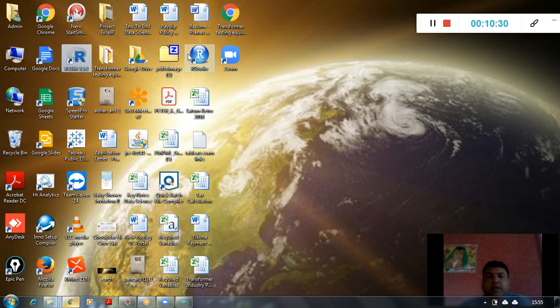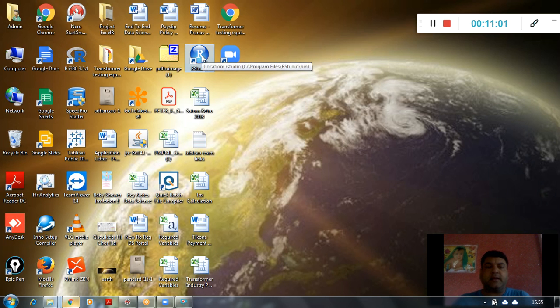So this symbol and this symbol are different, you can see, right? So you will get a different sort of symbol. Maybe this latest version, even I have not downloaded, so I don't know whether the symbol is similar or not, but there will be a different symbol as far as the desktop icon is concerned, right? So this is for R Base and this is for RStudio for older versions.